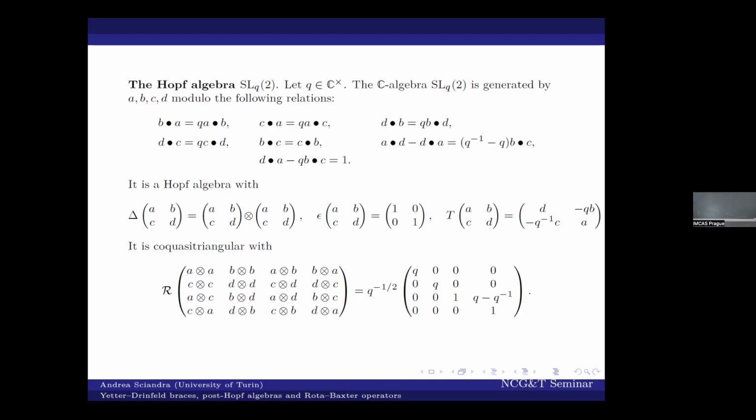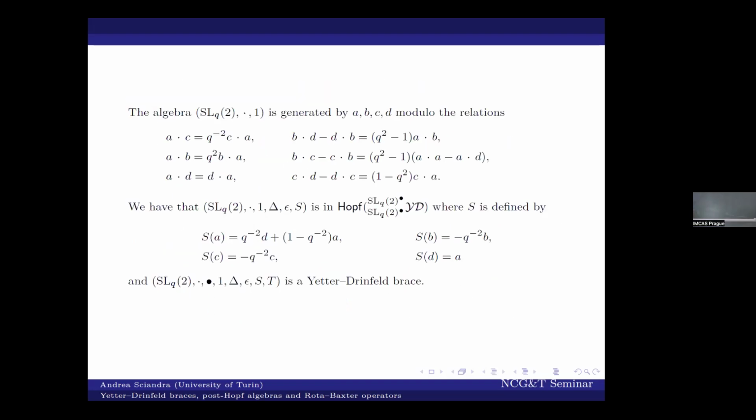But now in fact, we are able to define a new algebra structure, which is generated by A, B, C, D with this new relation here. So again, we have the quasi-commutativity condition for A and C, just with a scalar, A and B. Now A and D commute. While the conditions for BD and BC and CD are a little bit more strange. In fact, BD is DB plus something in AB, CD is DC plus something in CA, and also for this one. But this is an algebra structure, and with a new S, in fact, is a Hopf algebra structure